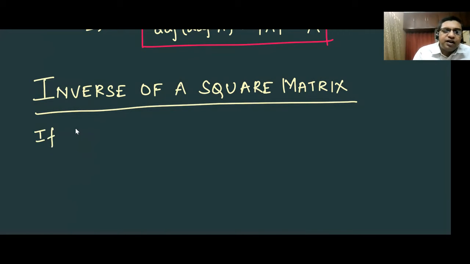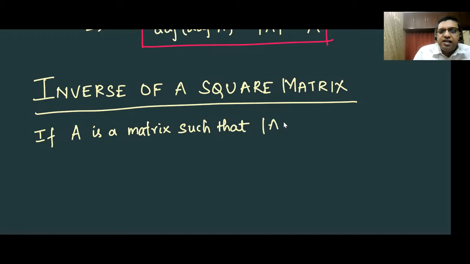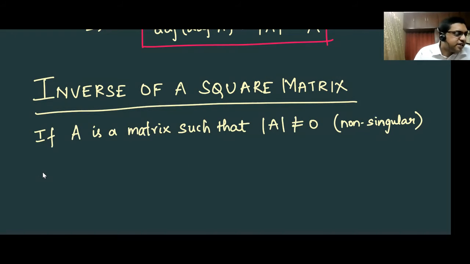If A is non-singular, a matrix such that determinant of A is not equal to 0, that means it is a non-singular matrix. Singular matrix means a matrix whose determinant is 0. Now if A is a matrix such that its determinant is not 0, then